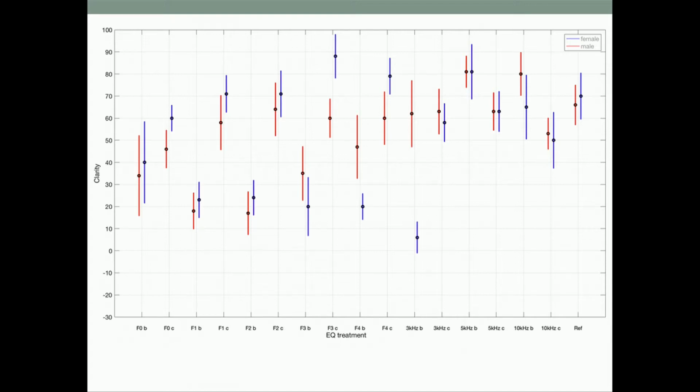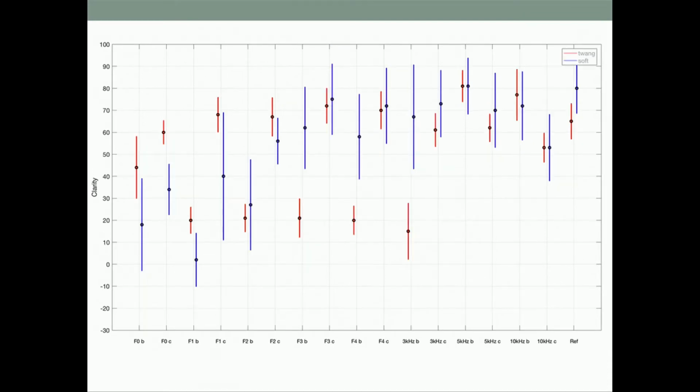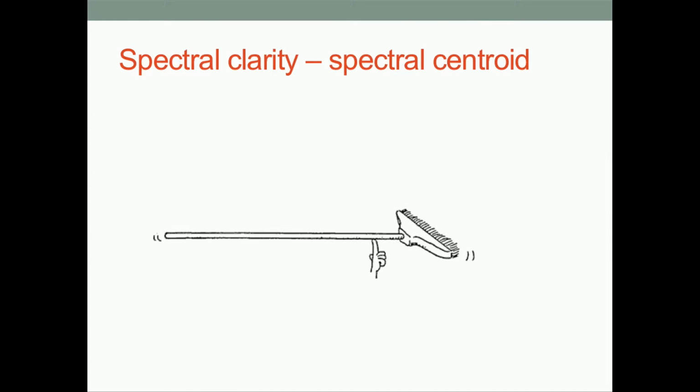Then we have the female versus the male. Again, there's a difference in this area, which could be to do with the fact that the female and male had different spectra. Too much stuff, but I'll go through this a little more quickly now. To sum up everything I've said so far, the fundamental seems to differ, there's something at the 3 kilohertz area, the vowels make a difference, and so on.